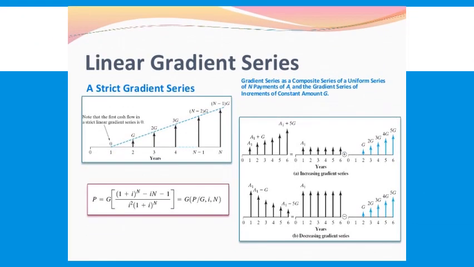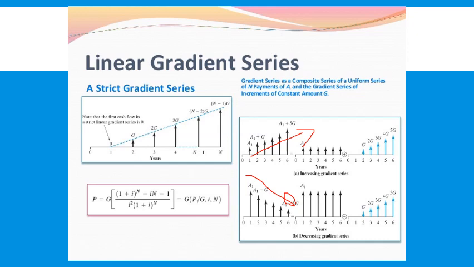The last type of compound amount factor is gradient flow. Till now we have discussed only constant flow. There could be payments wherein, starting from the first year, it may go on increasing like this, or starting from the first year it may go on decreasing like this. Both are quite possible. When it is increasing, it is termed as increasing gradient. When it is decreasing, it is called decreasing gradient.